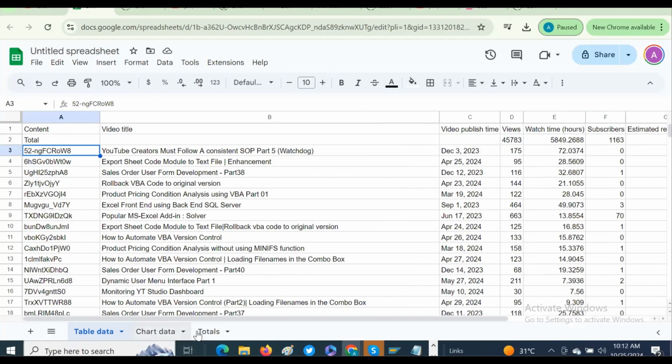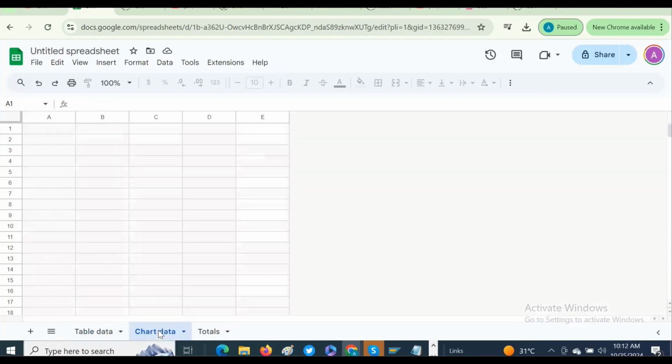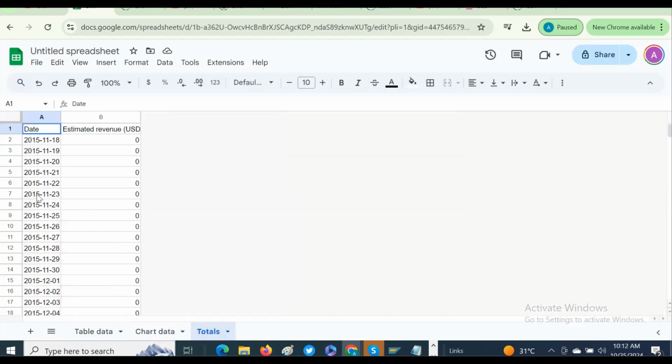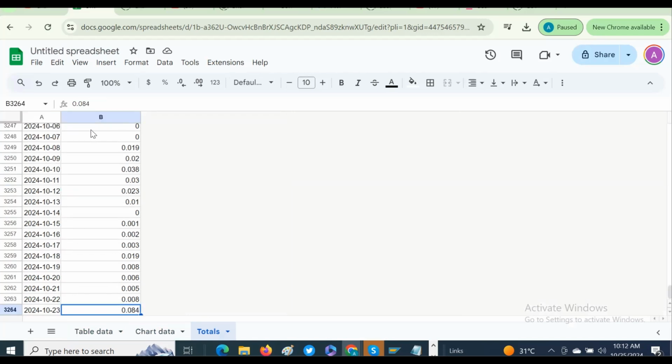Then you have the chart data, the table data, and the totals as well, for day-wise totals. If you are focusing on the revenues, then you have these revenue fields. You can filter and find out which day made the difference. The last day was $8, when my graph went exceptionally up.